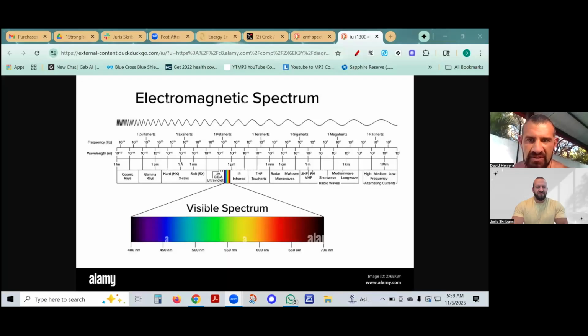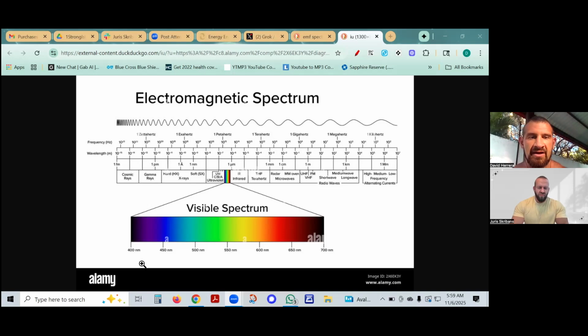Okay, so you should be seeing this electromagnetic field spectrum. Essentially, that's what we're talking about when we talk about light. Whether they know it or not, when people say the word light, what they think of is this little exploded part down at the bottom, which is the visible spectrum. That's what our eyes allow our brain to see. And that's the rainbow. Everybody knows about that. 400 nanometer light. These are frequencies, and nanometers represent the actual measurement of the frequency. That's all these numbers mean.